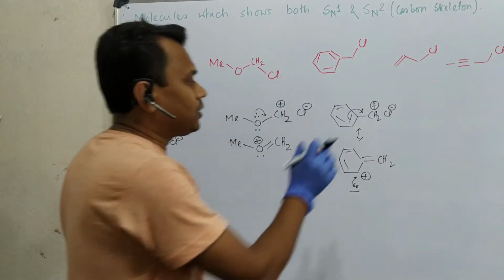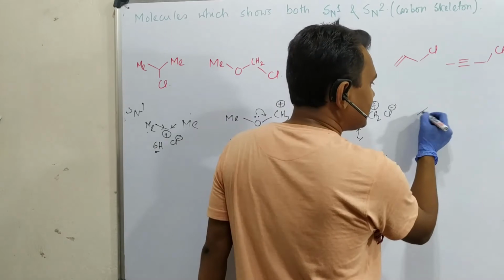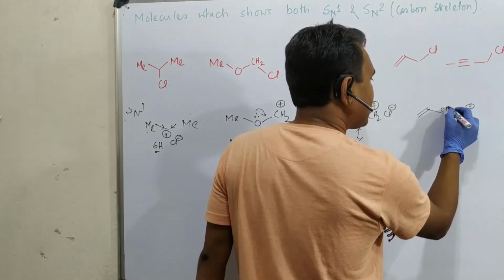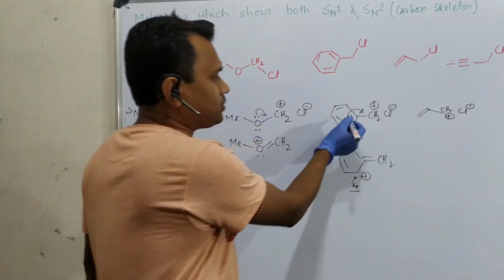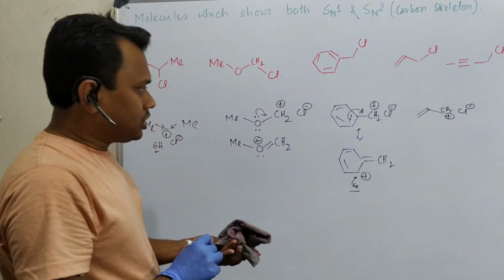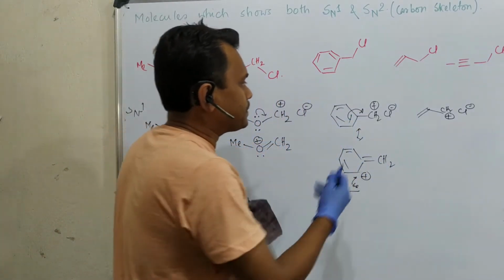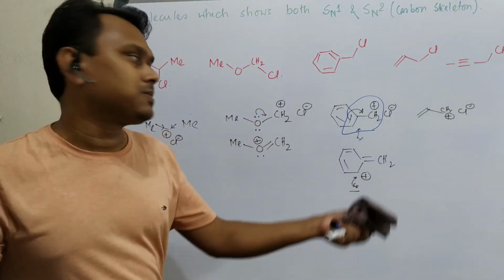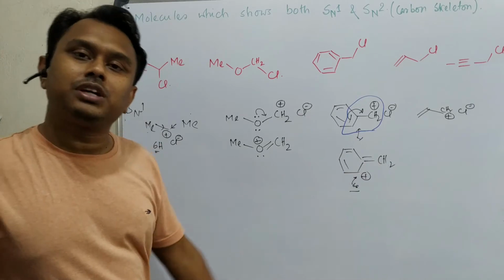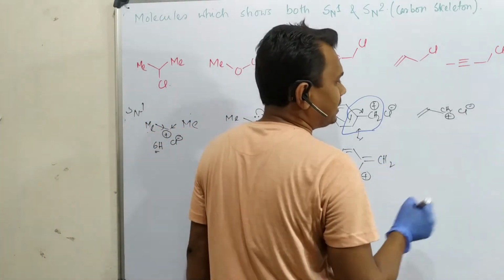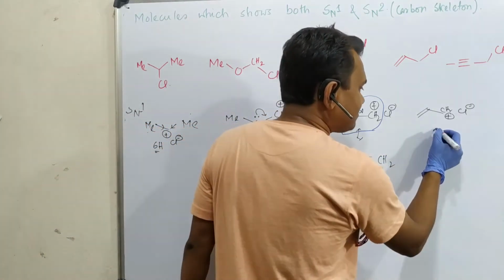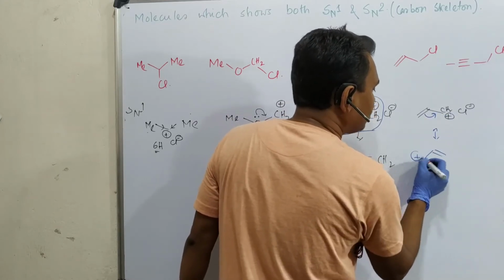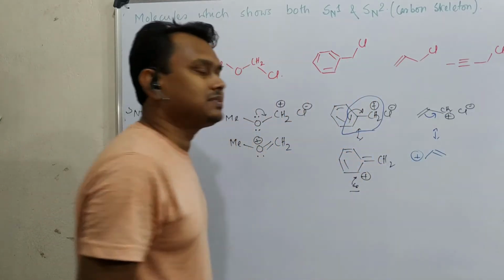Okay, fine. Now about allyl chloride, what happens? It is similar: allyl carbocation plus chloride. If you consider this part, that is allyl, so the explanation is the same. Only one canonical form is possible, and that is an equivalent canonical form. Why am I saying equivalent? Because after this, see, both are actually the same. So that's why this is called equivalent.